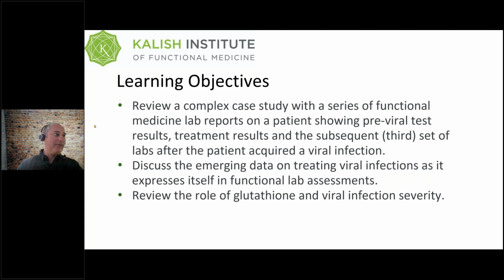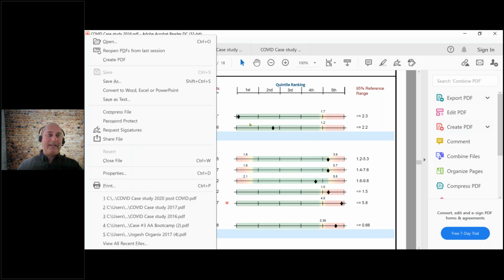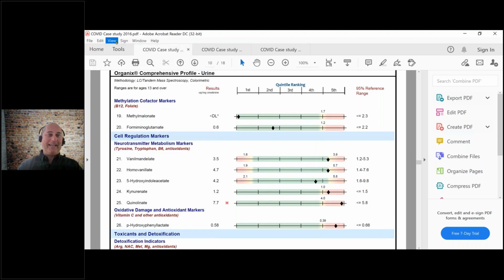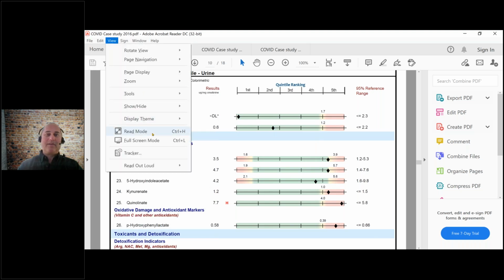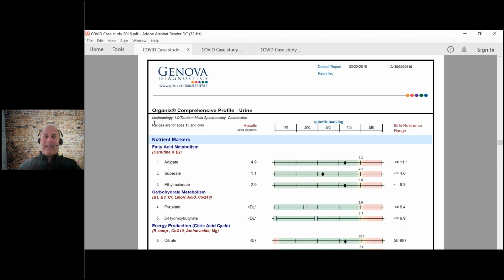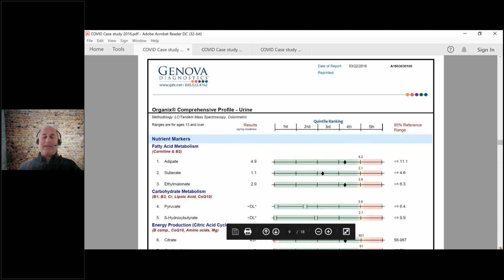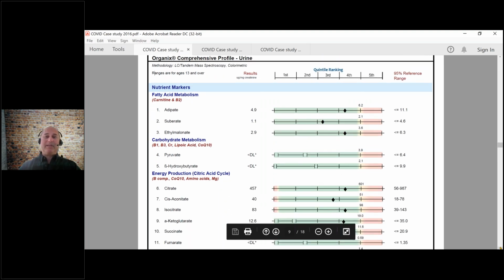So let me just pull up the first lab. All right, here's lab number 1. And hopefully most of you are familiar with these to a certain extent. These are organic acids tests. You're going to see some other fatty acids and amino acids also in a moment. We're going to start off with the initial test that the patient did and talk about some of the key markers, especially in regards to